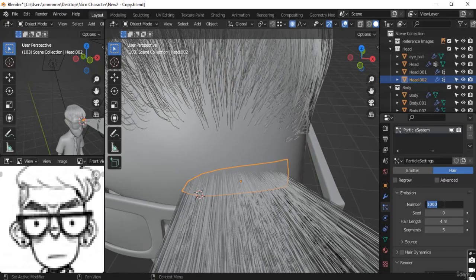So I'm just going to add in some numbers, so you can note these numbers down so that you could use them as well whenever you are making hairs like this one. Or you could just use it as a guide and try to change it a little bit to find what suits your own model. So for the emission here, I'm going to add